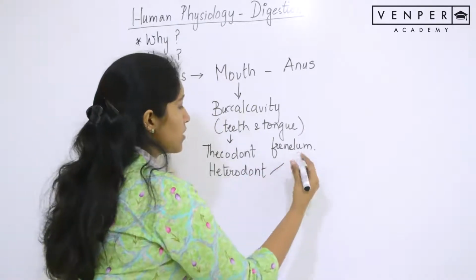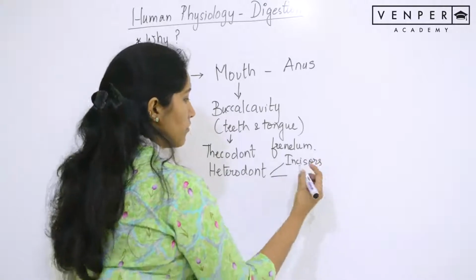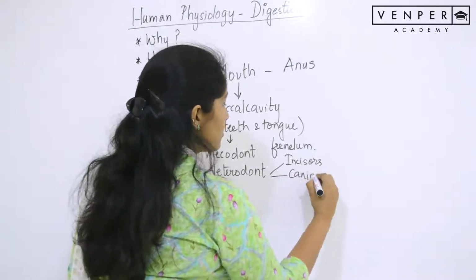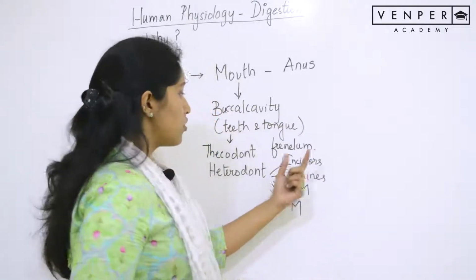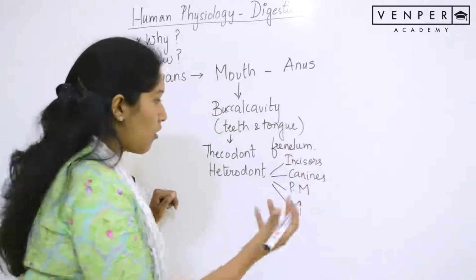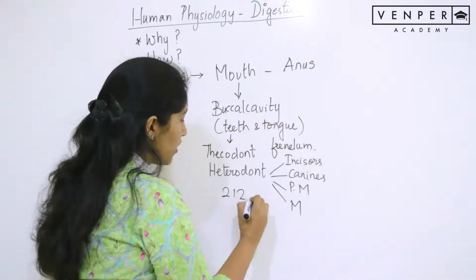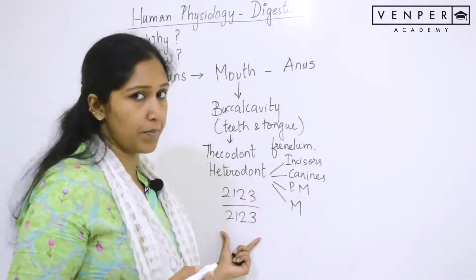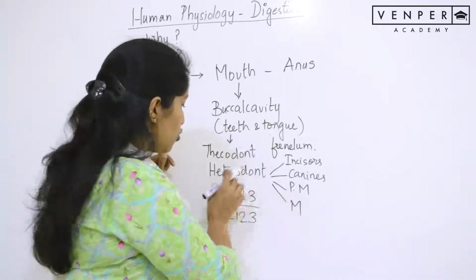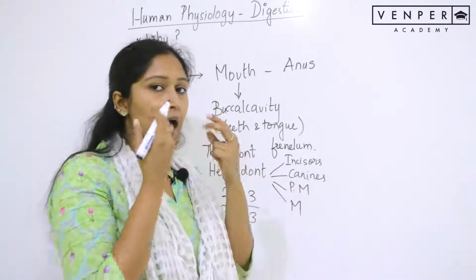So the different types we have are incisors, canines, premolars and your molars. So we represent the number of these teeth. The formula is called as 2123 by 2123. So what this actually represents is there are 2 incisors, 1 canine, 2 premolars and 3 molars, and it is